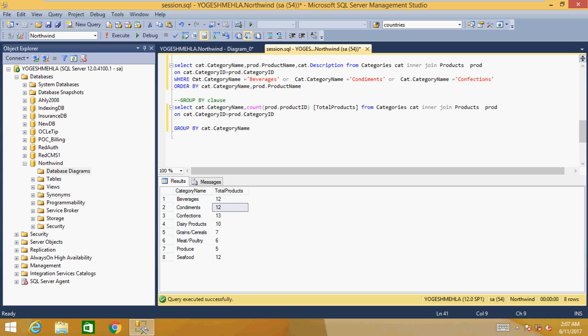In this case, the where clause runs for each and every record. When it gets a record, it checks whether the category is this one or not. If it is, then the record will come, otherwise it won't. But when the group by is there and you want a condition on that group by, then you need a